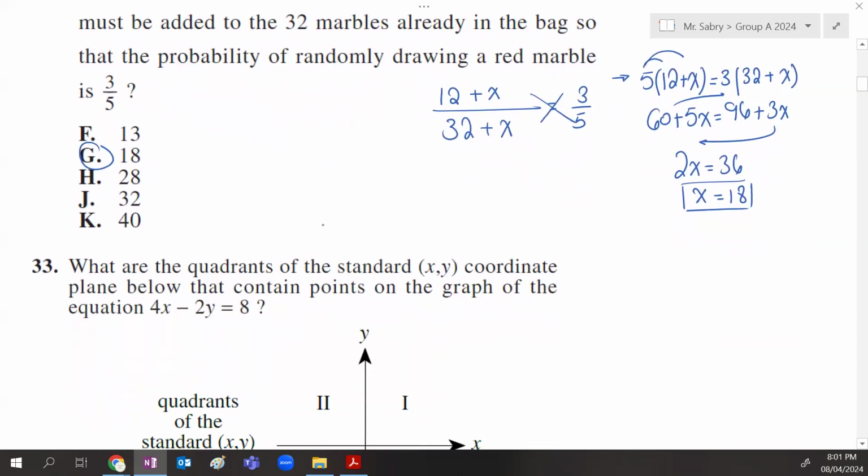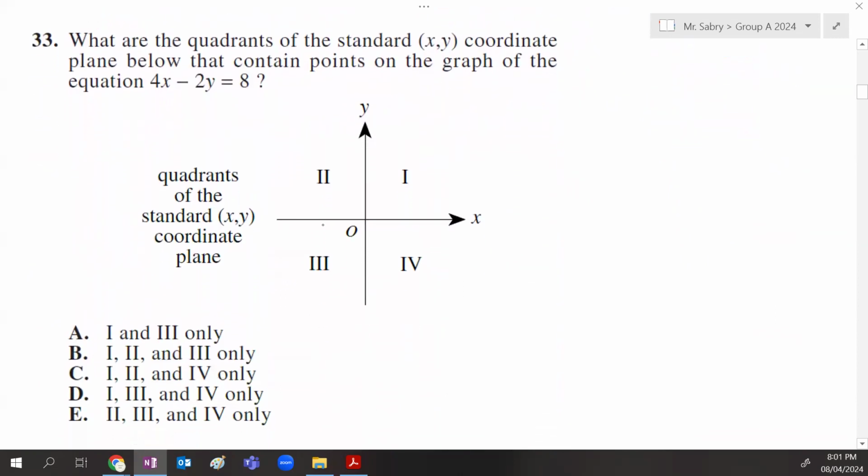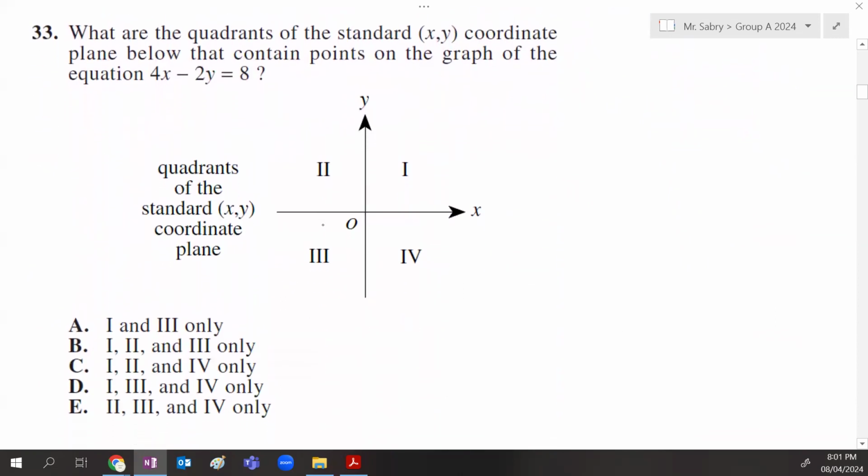Moving on to number 33. Which quadrants of the xy coordinate plane below contain the points from this equation? Clearly, this is a line. What I know about a line is to find the slope and the y-intercept. To find the slope, it's supposed to be negative a over b, so negative 4 over negative 2, which is positive 2. So it's a positive slope. Next, you'll find the y-intercept. The y-intercept is c over b,